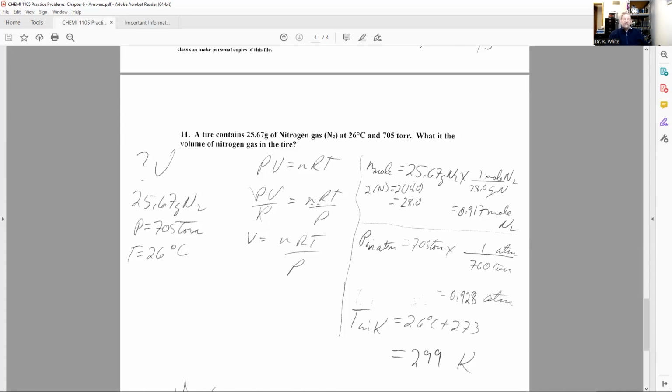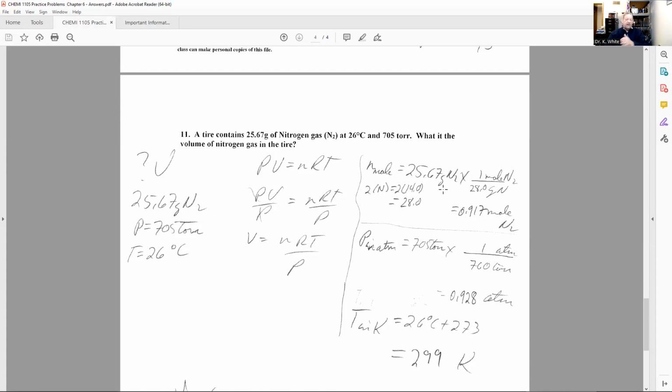Whatever you do to one side, you have to do the other, and divide that by P, and I did. And now I rewrite it, the volume, because P divided by P is number 1, 1 times V is V, equal nRT over P. Well, N is moles. We've got